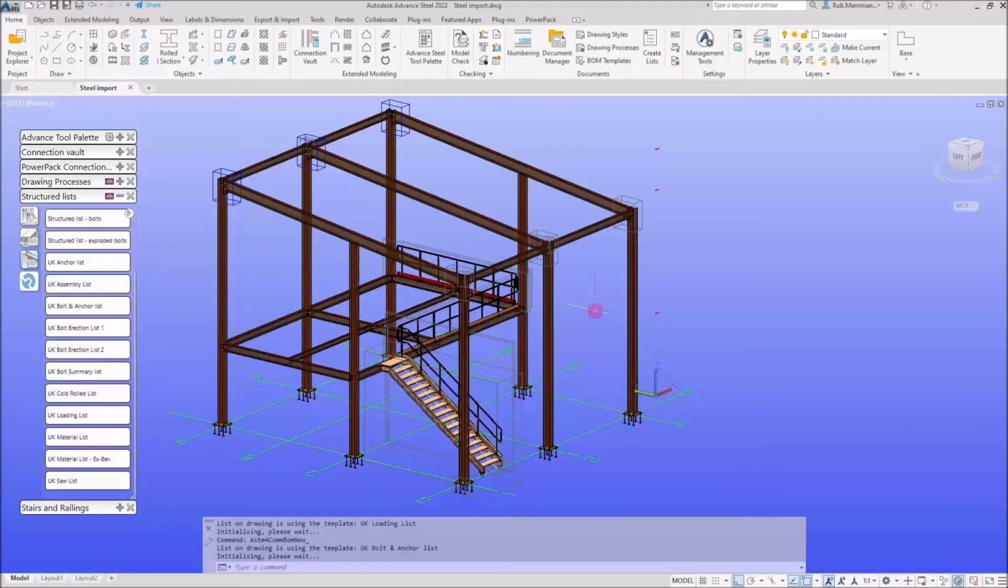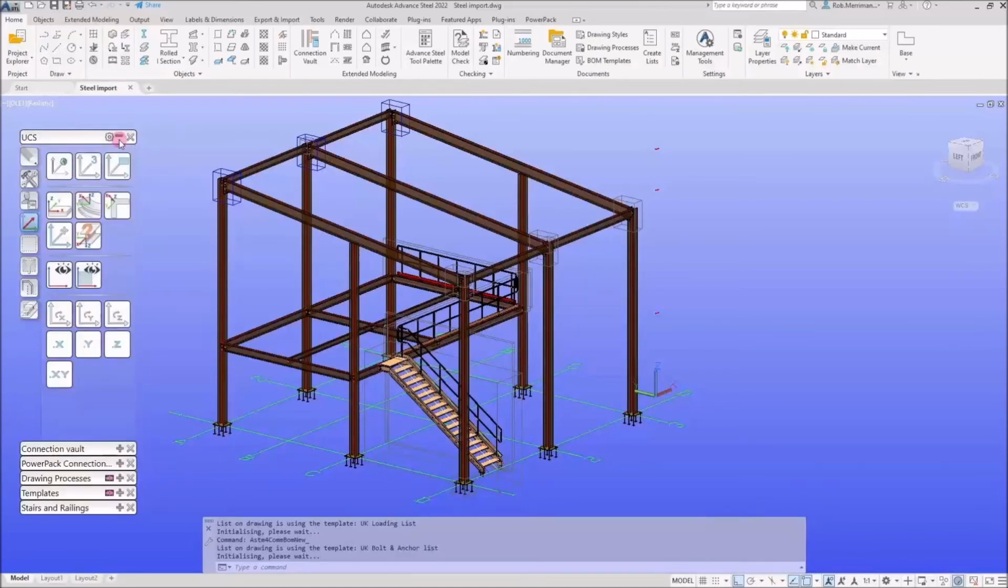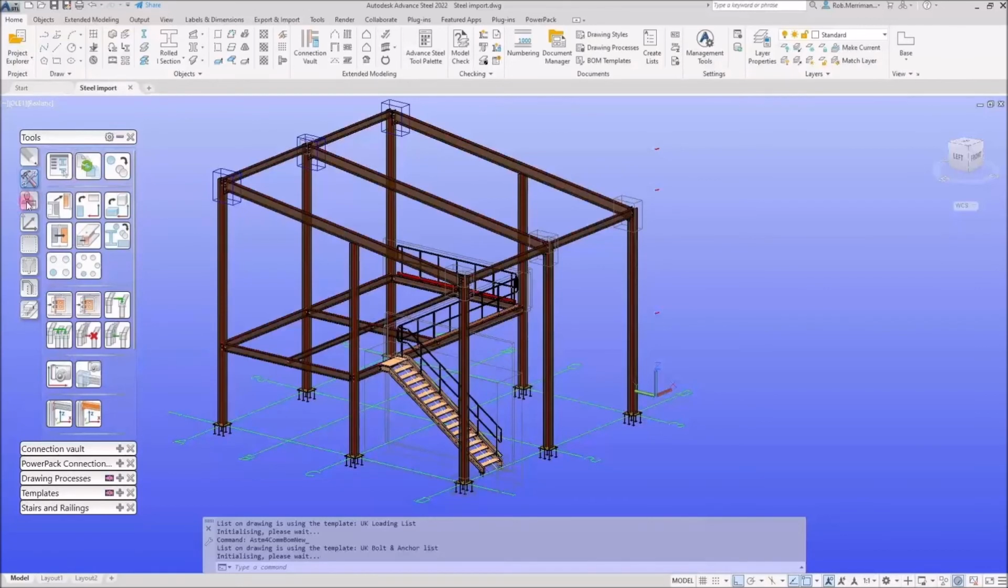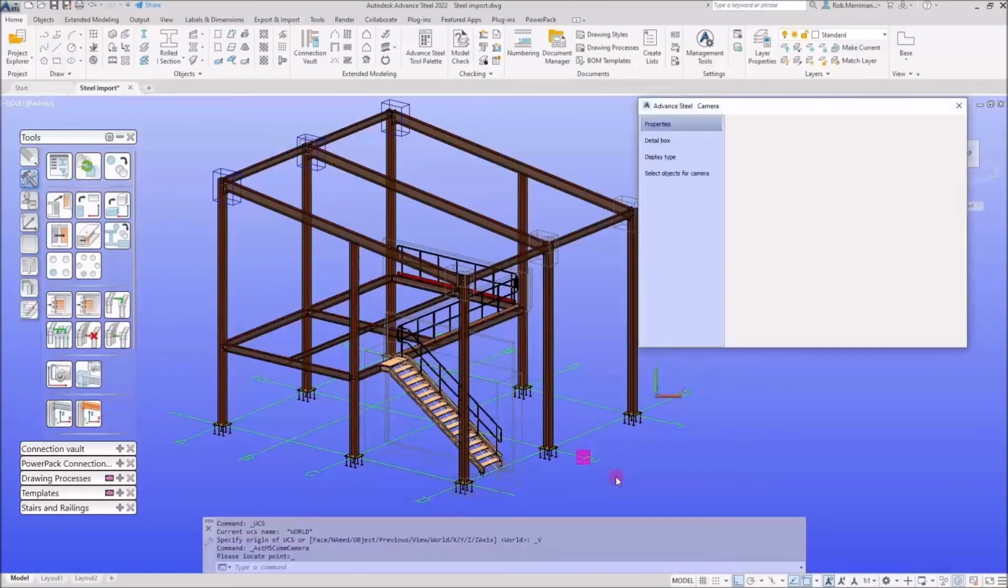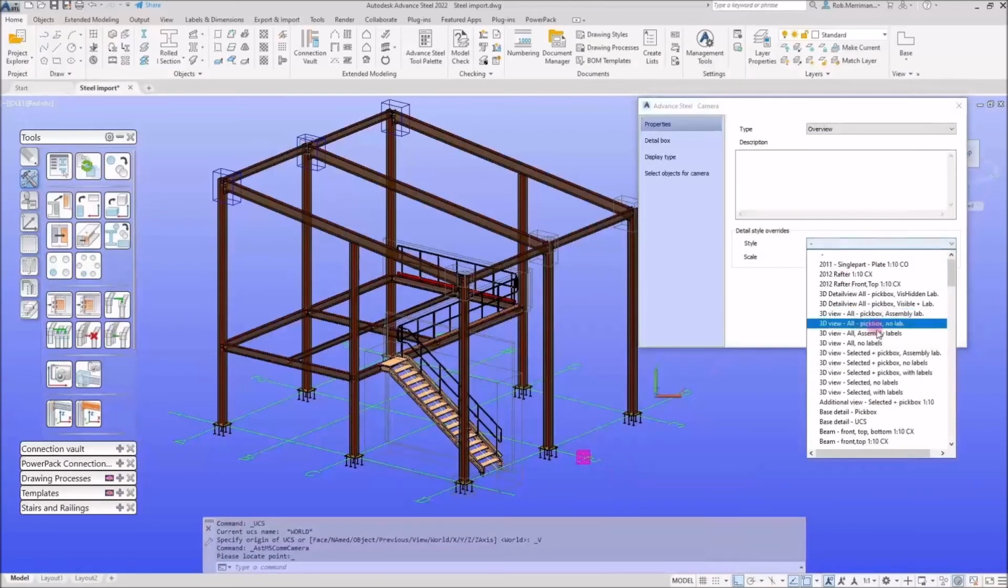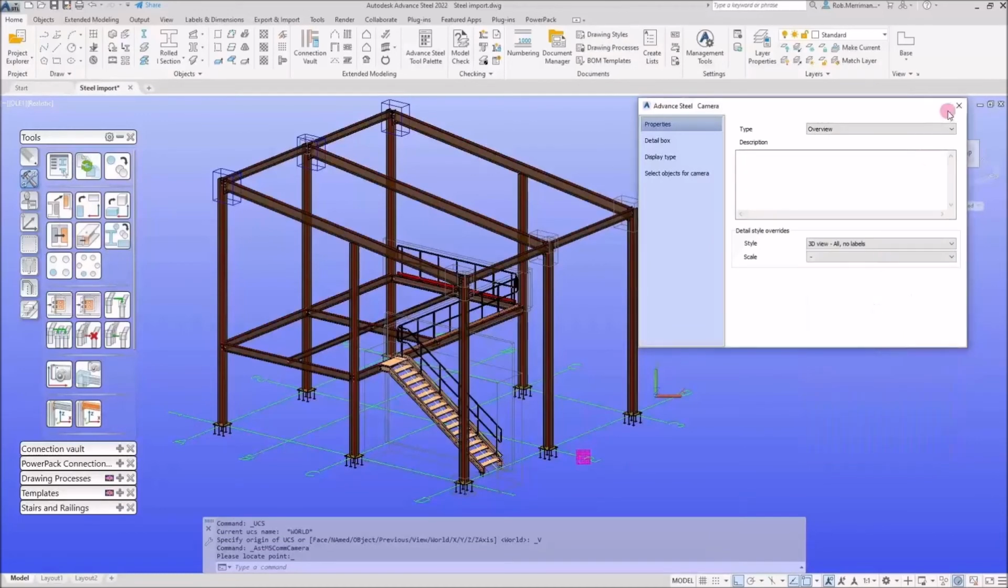We can run GA drawings. I'm just really struggling for time today. GA drawings. We just put a camera in the model. I'll just do one as a 3D view just so I can show you how it works. So what we do is we put what we call a camera in here. We choose a set of rules to apply to that camera, a bit like a view template, and I'll call this an